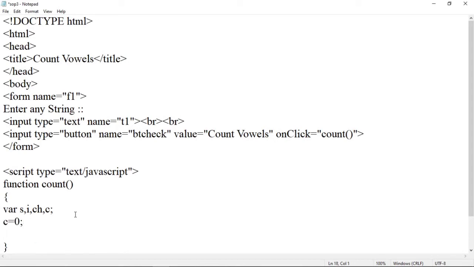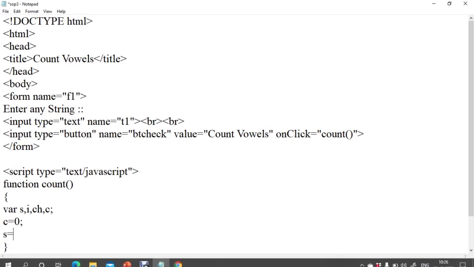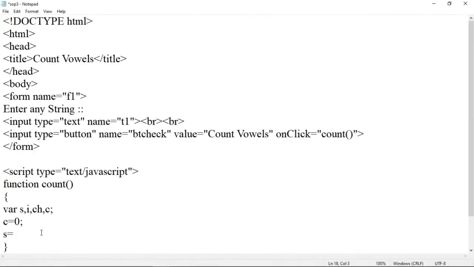Then we have to store a string. So to store a string, the variable used will be s. So s is equal to, s will contain the value from this field, that is this text box. So this text box is there on a form, and that form name is f1. So here f1 dot, in which field that value is there, that is in the text field whose name is t1.